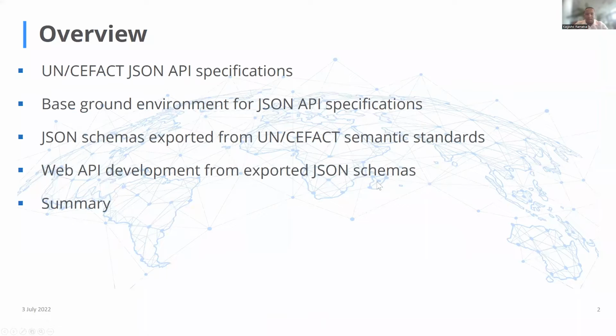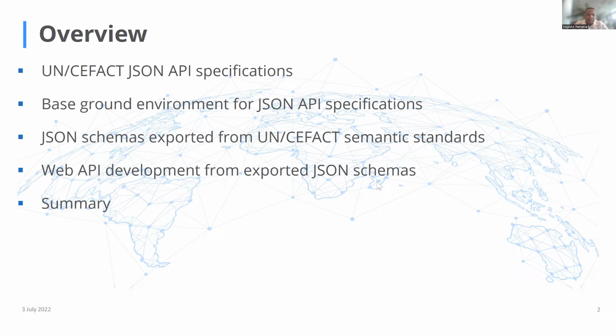In this presentation, we will take a look at the JSON API specification support for UNECE semantic standards and MMT reference data model. Now, here is a brief overview of the presentation. We will have a look at the UNECE JSON API specifications, the information on that,